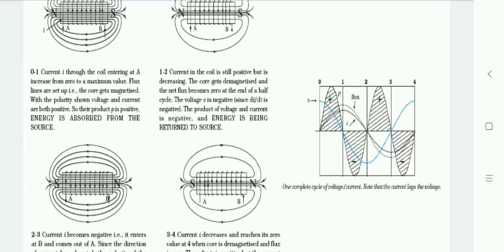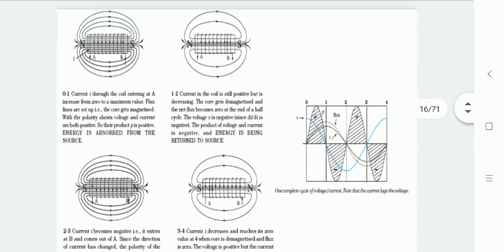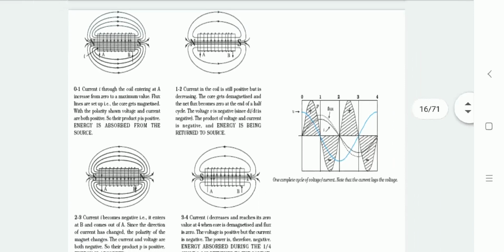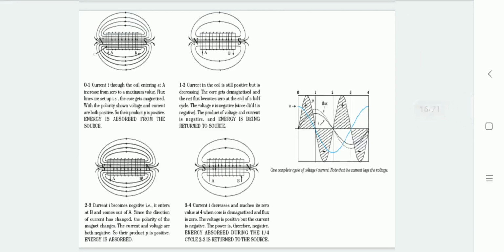So as you can observe in the diagram, in 4 parts we can relate the voltage and current values based on its operation. In the graphical representation, the blue line shows the voltage and the black line shows the current. The shaded line defines the supply voltage. This is how the operation can be defined over here.